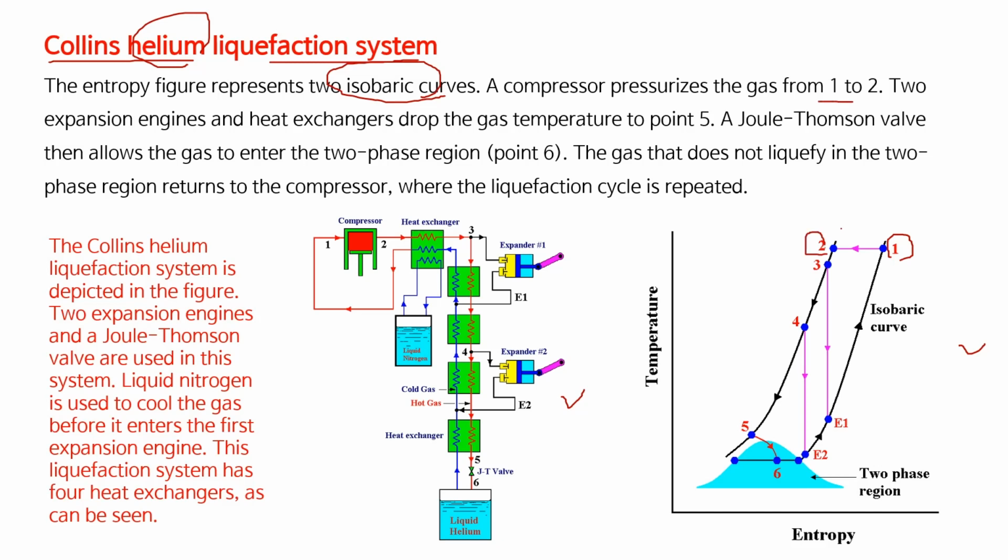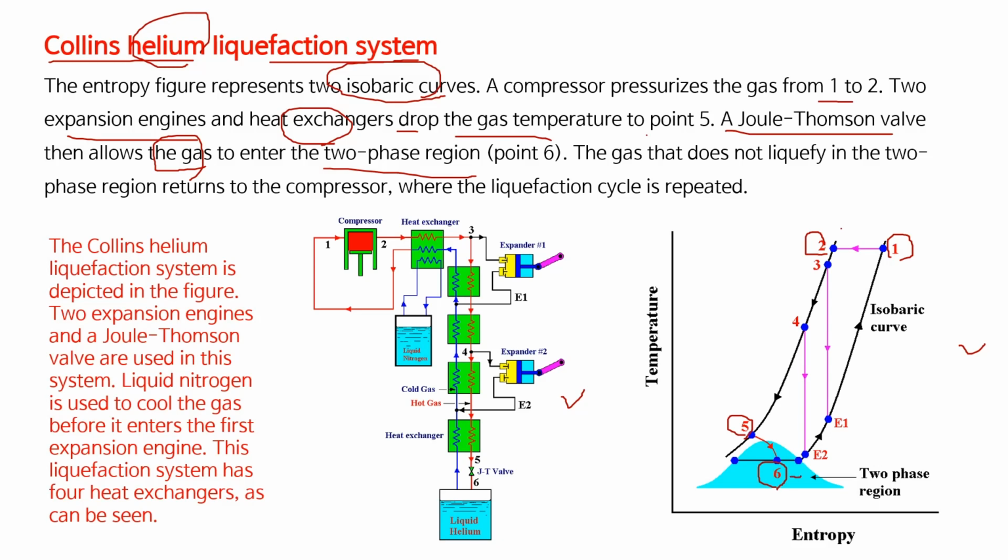Okay. And two expansion engines and the heat exchanges drop the gas temperature to 5 here. Then a Joule-Thomson valve allows the gas to enter the two-phase region 6, and some of the gas is liquefied,